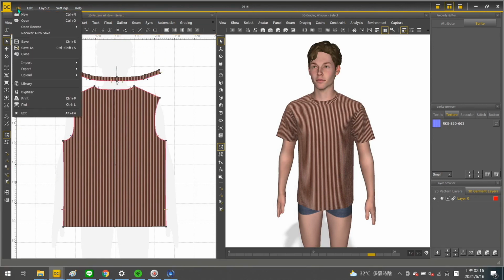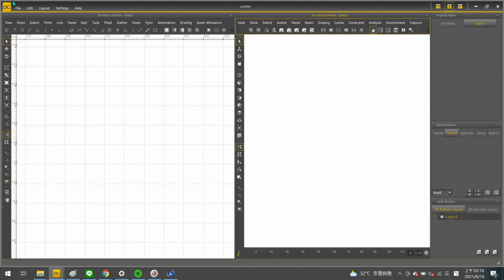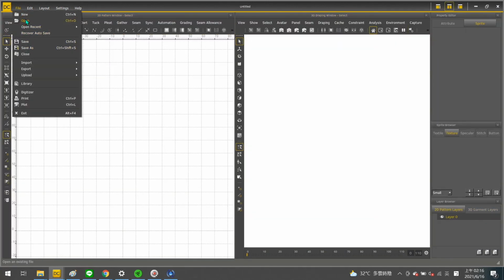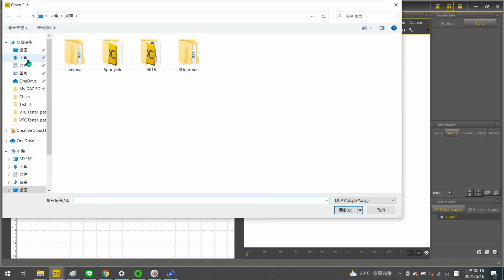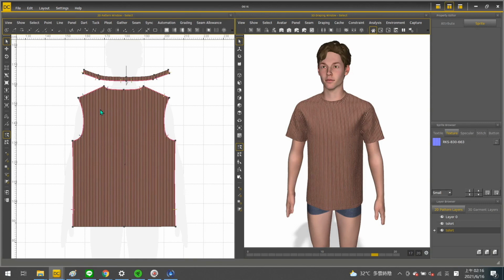If we renew this program here and open the file we just saved, everything is saved and restored to your view.